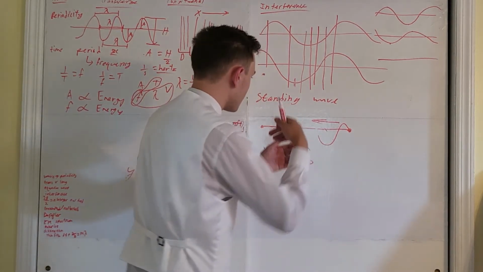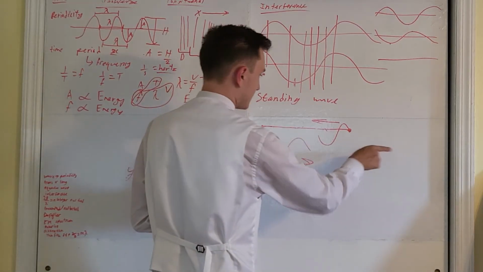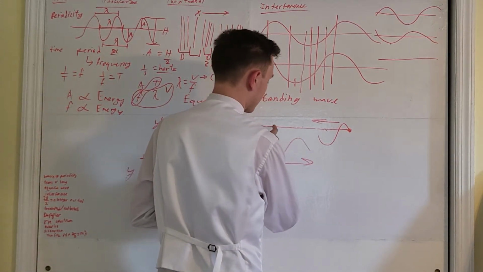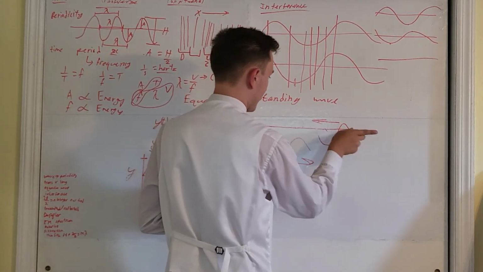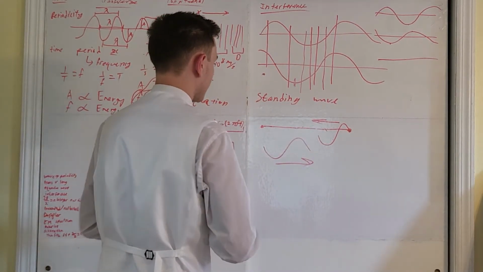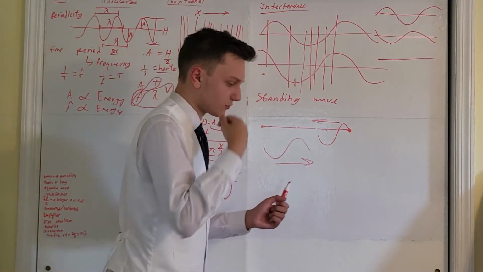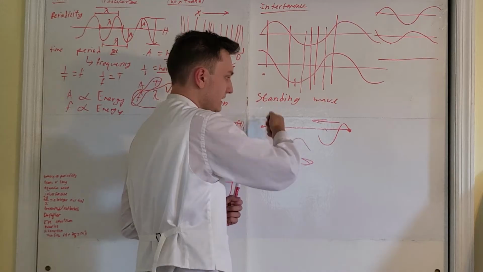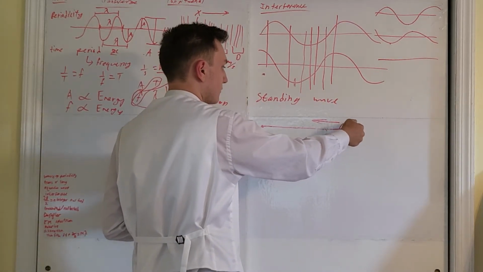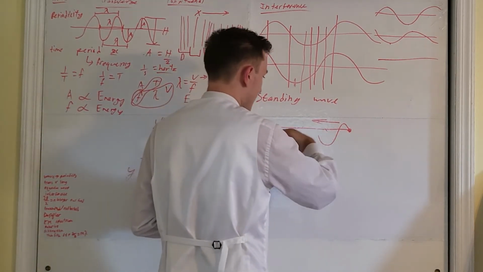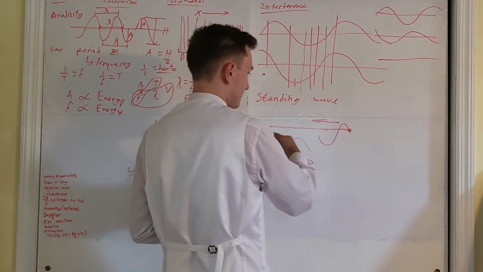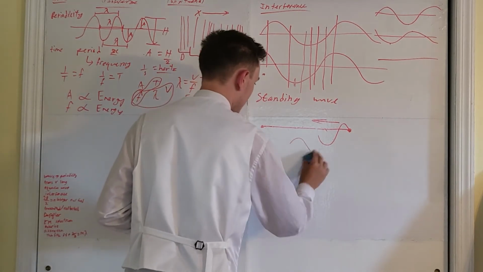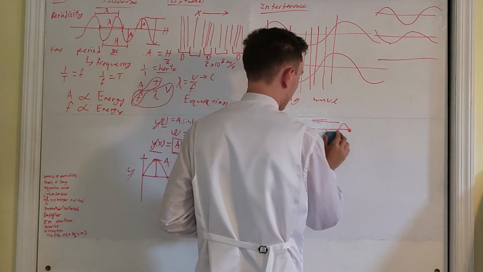If I strum the string once, I'm not going to create a standing wave. I'm going to create a wave that oscillates from one end to the other and is reflected back and forth, etc. But if I strum it and I continue to wiggle it, meaning I continue to generate a wave on this end, it's going to reflect back and there will be a continuous back wave coming from the opposite end, okay? So in that case, when I'm continuously supplying a wave,